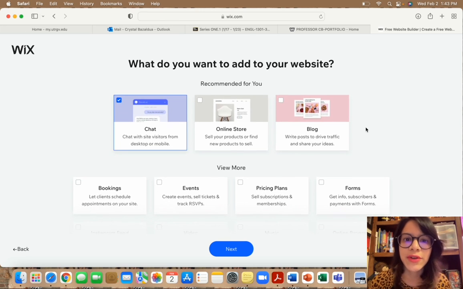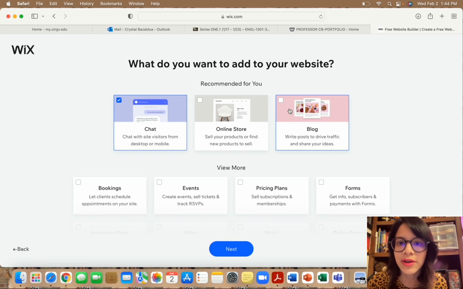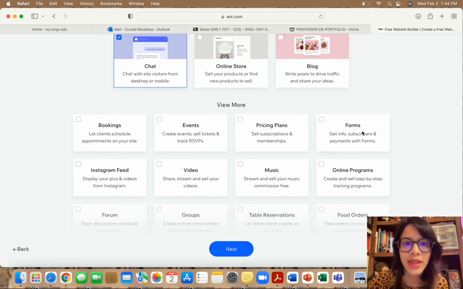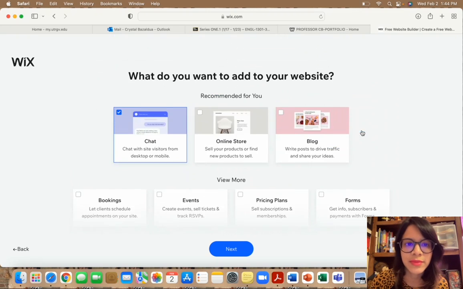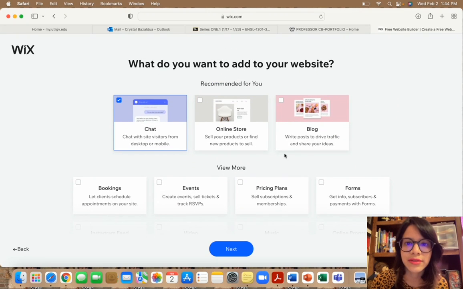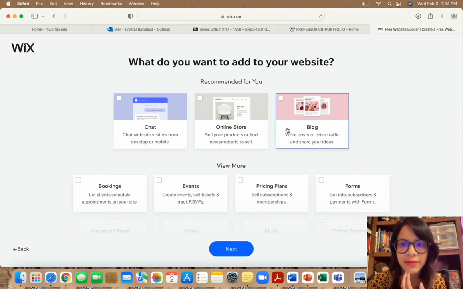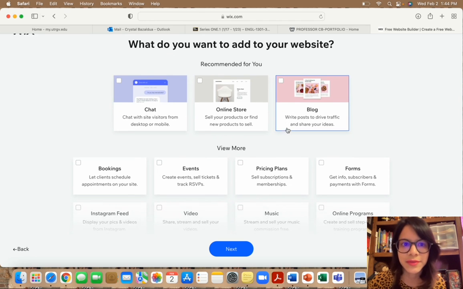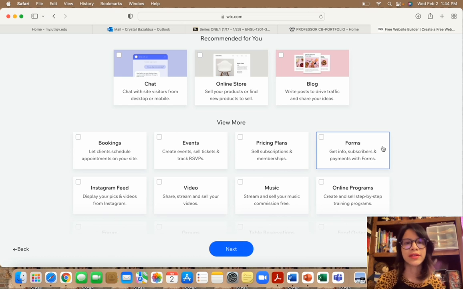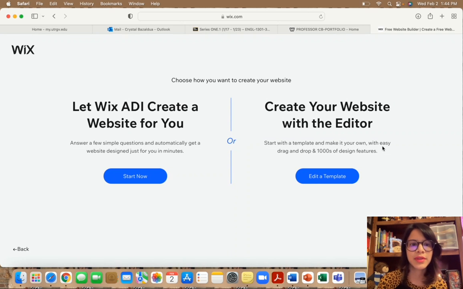So it'll tell you if you're going to need to do any of these things, such as chat with visitors, create an online store, or a blog. If you need to do any of this, you can select as many as you need or deselect. For example, we don't need any of these. So you can go ahead and click next. From here,